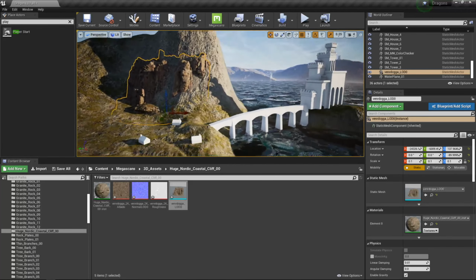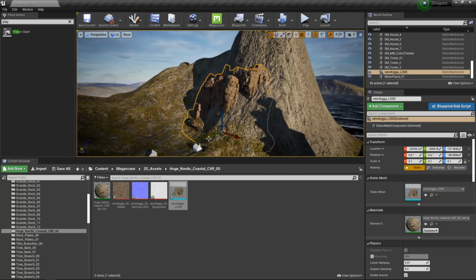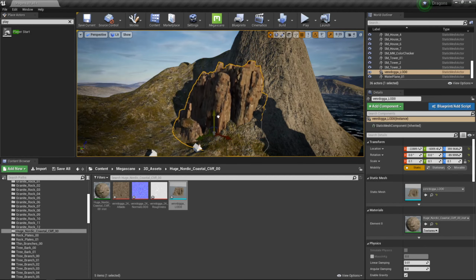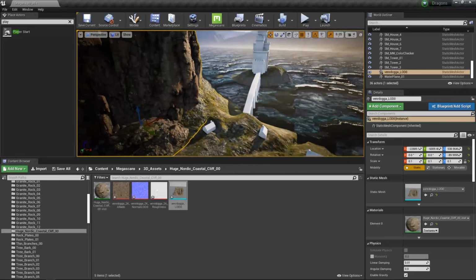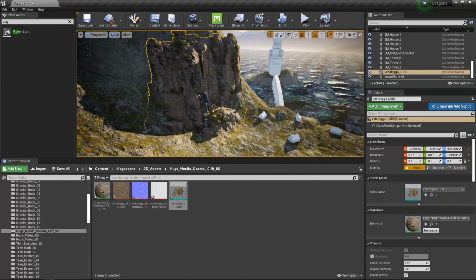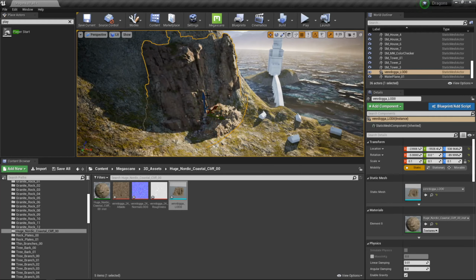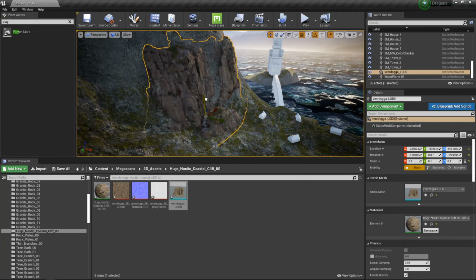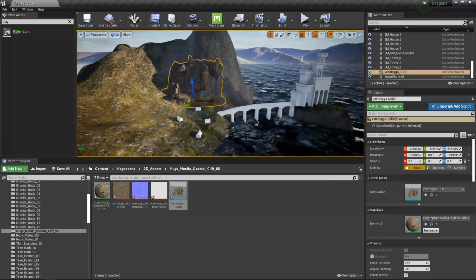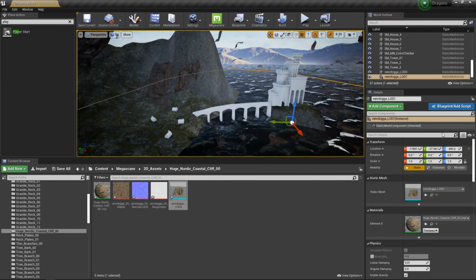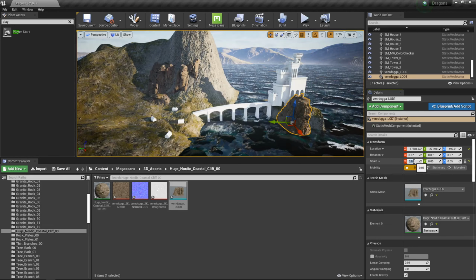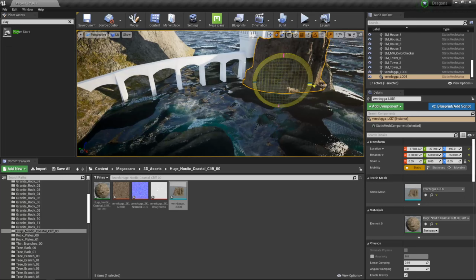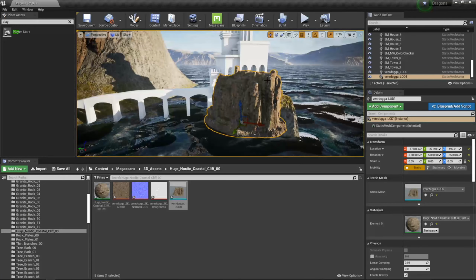We have to use the same textures as we have used on the terrain, so this will be fine. Use those textures. I use this because